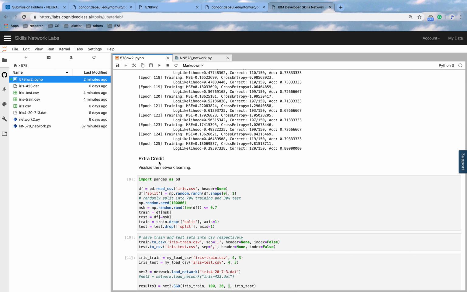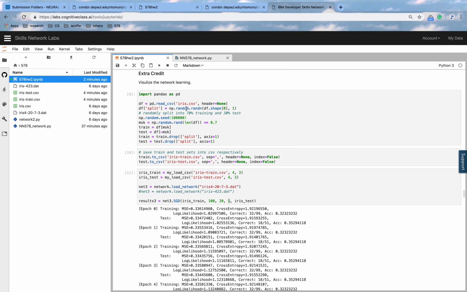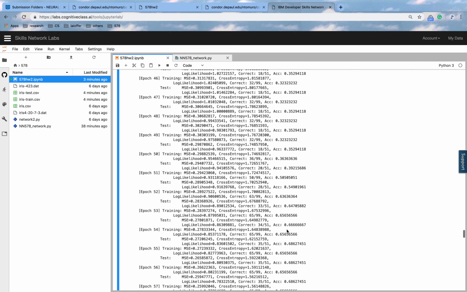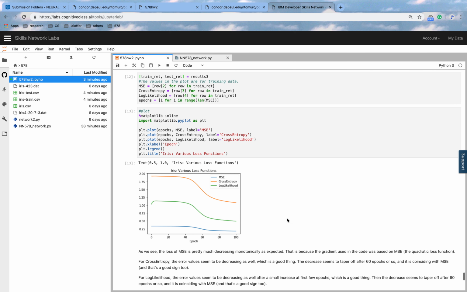And for the actual credit problem, what I do is a random 70-30 training-test split for the data, and then run the network for 100 epochs, 20 mini batches, with a learning rate of 1, and then this is the results, and we can plot the visualizations for the